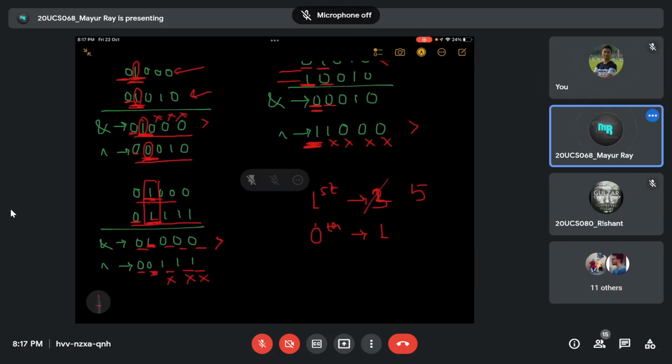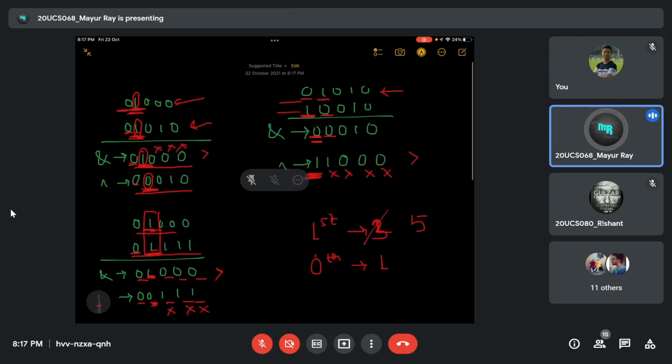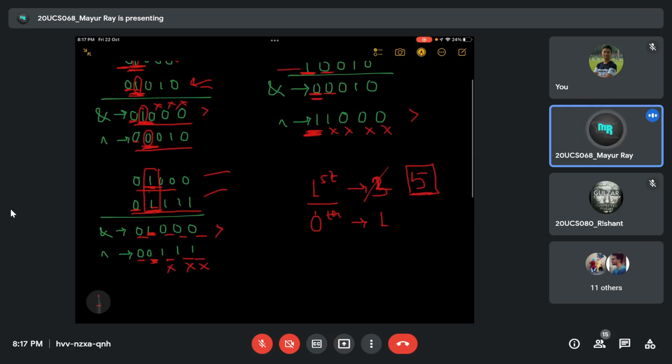All right. From these 5 numbers, 1, 2, 3, 4 and 5, there are 5 numbers that have 1 at the first position. From those 5 numbers I have to make pairs, 2 at a time, so I take 5C2, or simply 5 into 4 by 2, that is 10. And since the other position has only 1 number, I can't make any pair out of it, so it will be simply 0. That is the whole concept.